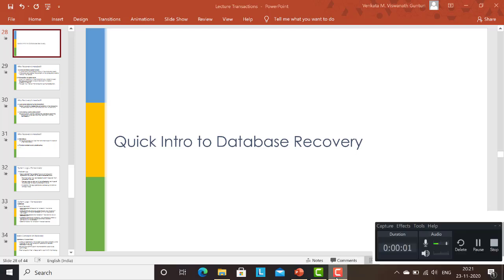Hello everyone. In this video, we are going to study schedules from a recovery perspective, right? The point to be noted is that even though the recovery manager is a completely different module from the concurrency control manager, they are not designed completely independently of each other. They go hand in hand, and it is the duty of the concurrency control manager to help to create schedules,